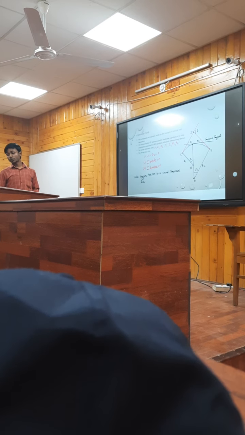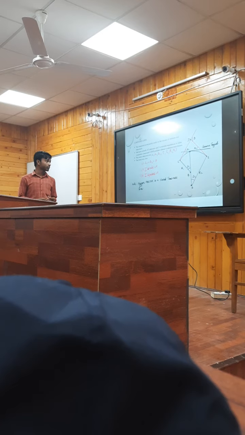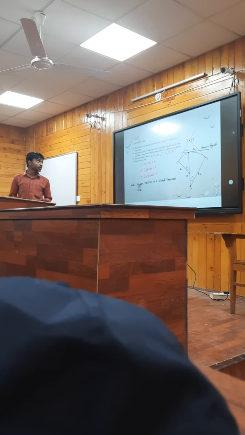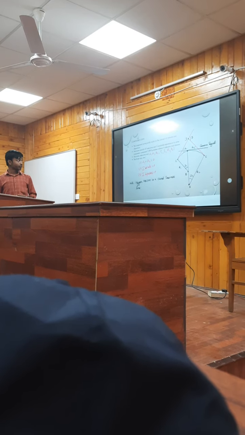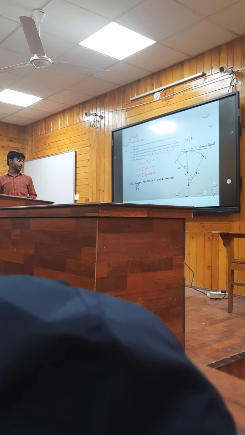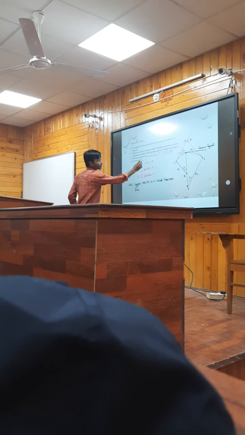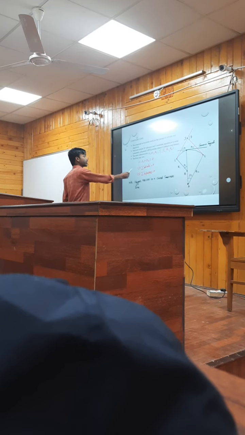The next topic is compound curve. A compound curve is formed when two curves with different radii are concatenated. A compound curve works purely on the concept of latitude and departure. To analyze this compound curve completely, we have 7 unknowns and 3 available equations. These 7 unknowns are delta 1, delta 2, T1, T2, R1 and R2, and the 3 available equations are delta 1